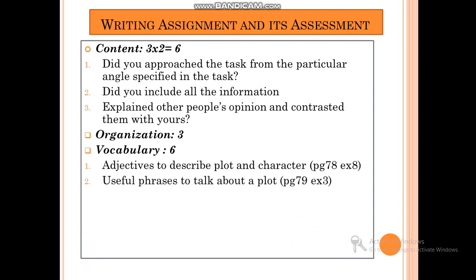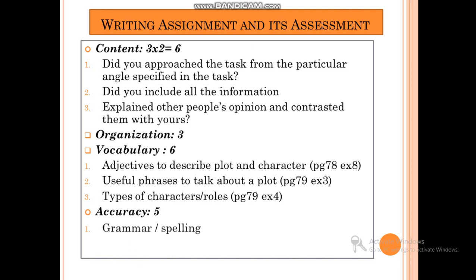And did you use useful phrases to talk about a plot? Did you use types of characters and roles in your review? So these should be included. And lastly, the accuracy, which is your grammar and spelling. And most importantly, remember in the review, you should always use present simple tense. So these are the things that you need to include in your writing. And this is how we're going to assess them. And in total, you should get 20